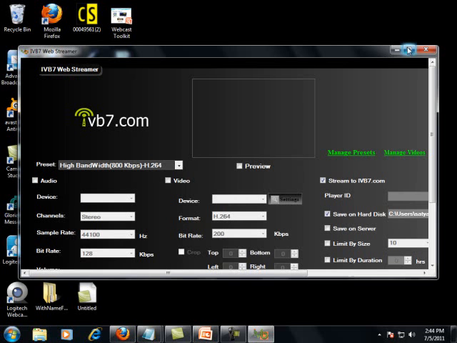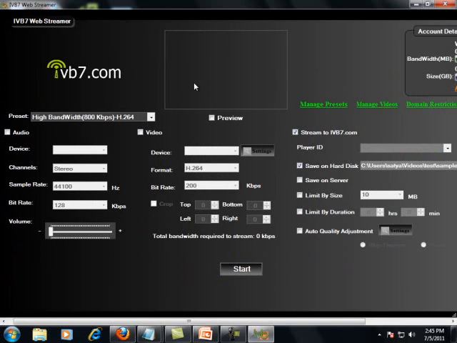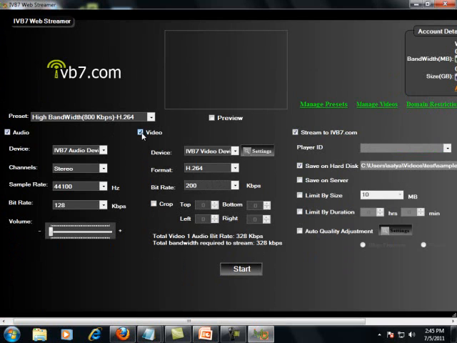Here is the software page, the first page of the IVB7 web streamer. Now let's see whether the device is detected. Yes, the IVB7 audio device and the IVB7 video device is detected.